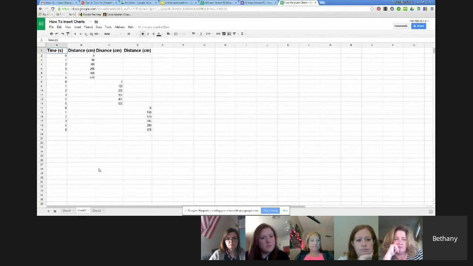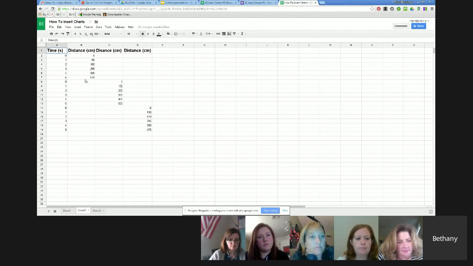And so here you can see the 3 different trials that I conducted in this lab. I have my first set of trials up here, and then I started my times over and moved my distances to the next column. And for trial 3, again, I renumbered my times and put my third trial in the next column. So when I insert my chart,